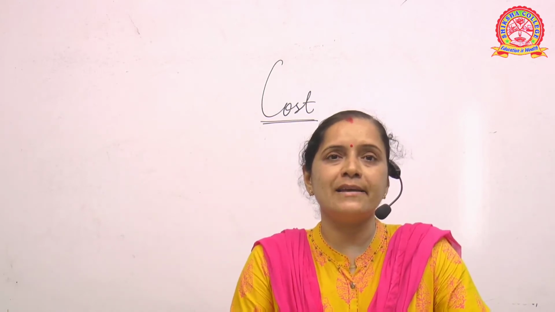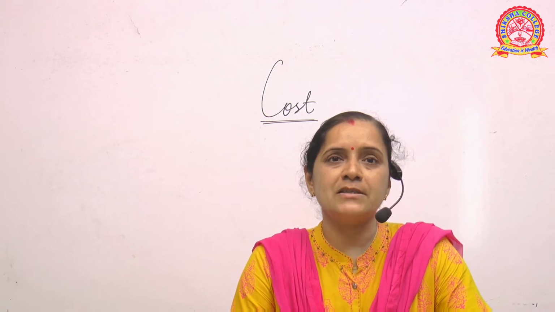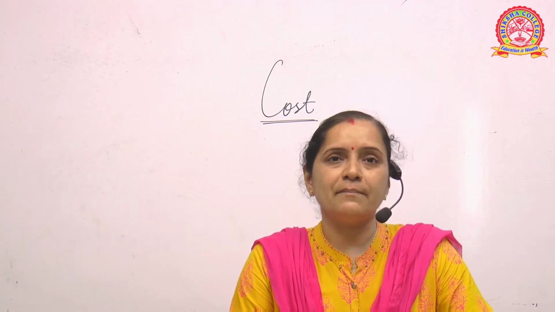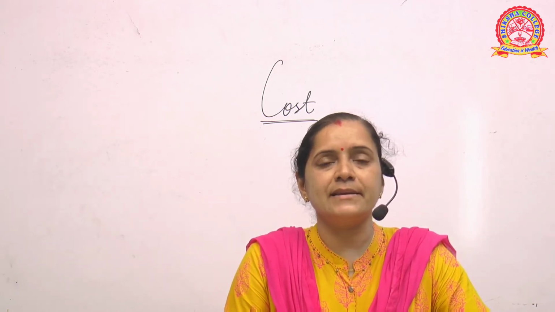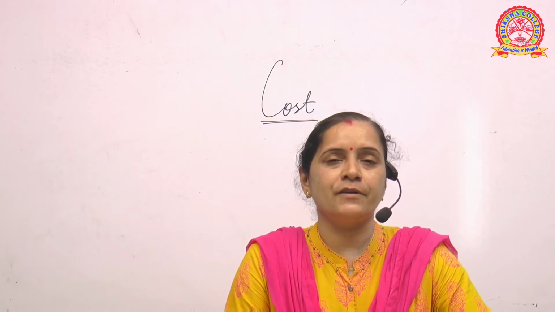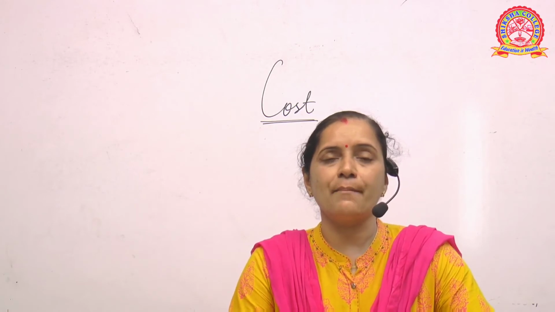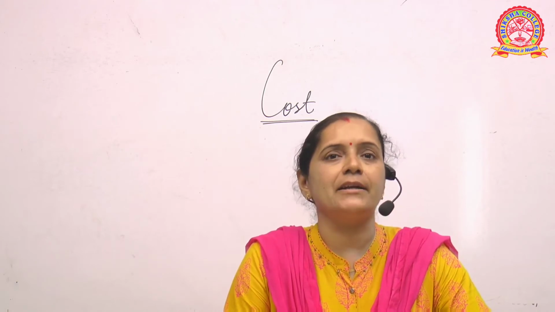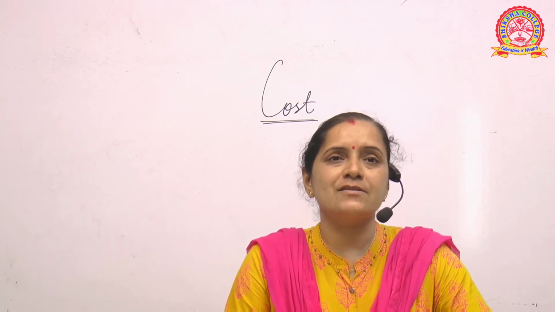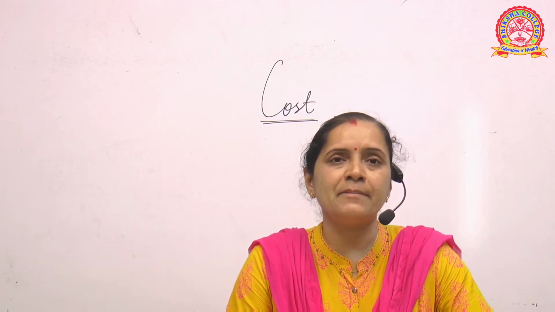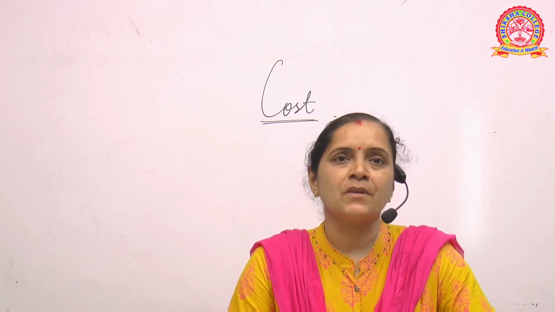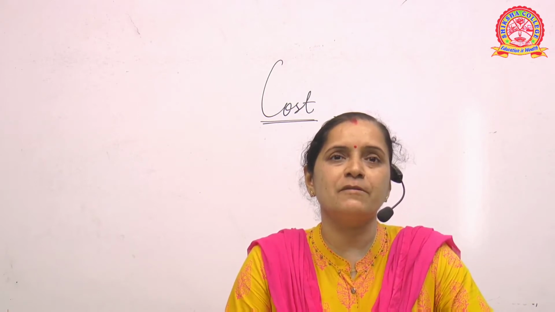When cost is there, we are talking about expenditure. When cost is there, we think about money. When cost is there, we can think about investment. So one of the important and very necessary parts of any organization or establishment is what types of cost, what amount of money, or what investment is made by either the management or the entrepreneur. I have already discussed with you who an entrepreneur is. An entrepreneur can be any person who manages, organizes and establishes a business unit. He is the person who is himself responsible for everything.